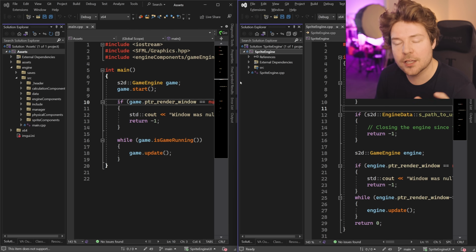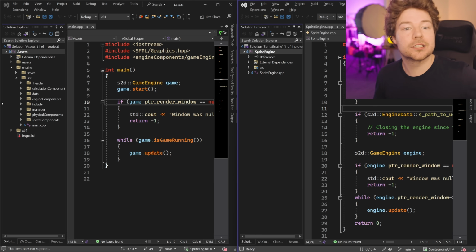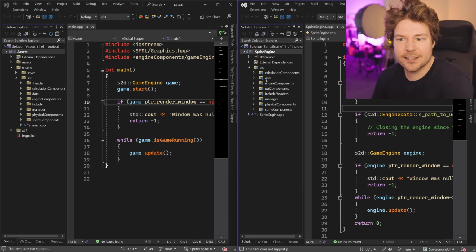Whereas if you just have, even build systems aside, if we were just using a project that was called sprite engine, and then we had a project called editor which used it, and then also a project called game which used it, then we could obviously just maintain that central project file. And if you had a build system, you would maintain that module as just like a static library with all of its own configuration and all of that stuff. It would just be a lot easier to organize, not to mention the fact that since this is the editor,